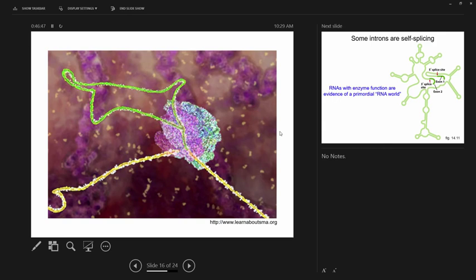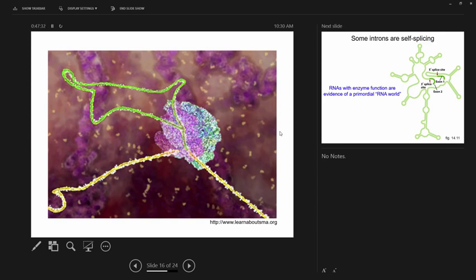So the branch point A there, 5', 3', 2' here, this is the G and the U, GU, right? And then here is the 3' end of that intron, AG. You can see that the spliceosome machinery here has already catalyzed the first reaction, and this is at the point where the free 3' hydroxyl that was freed here is going to attack the 5' phosphate there. And the 3' end of the first exon is going to be joined to the 5' end of the second exon. This yellow joins that yellow,